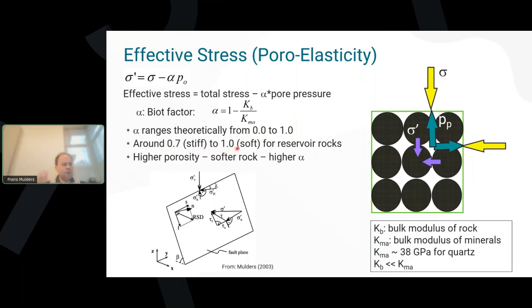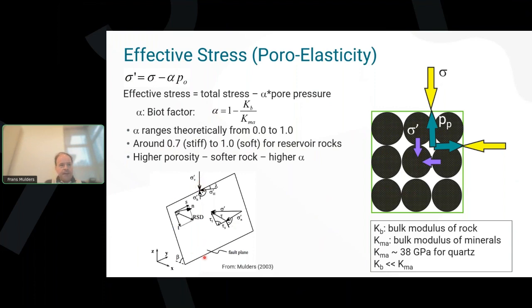Now, why do I go so much into this theory? Because later we'll see a slide where the Biot factor quite influences the state of stress on a fault and can actually determine whether that fault reactivates or not. So it's often an undervalued factor, and often we say, we don't know the Biot factor and we assume it's 1. But is that really the thing to say? So we will look at that later. So once we got the effective stresses,